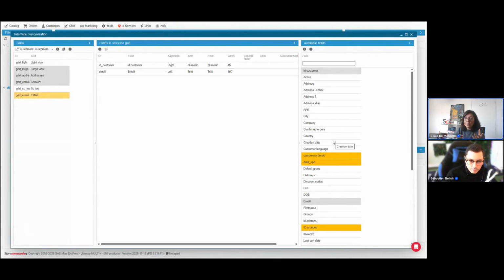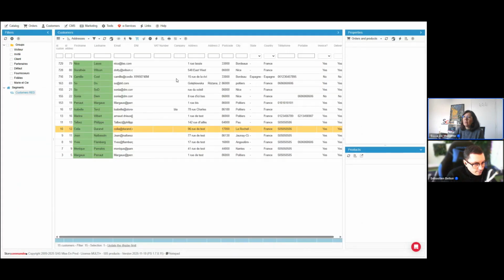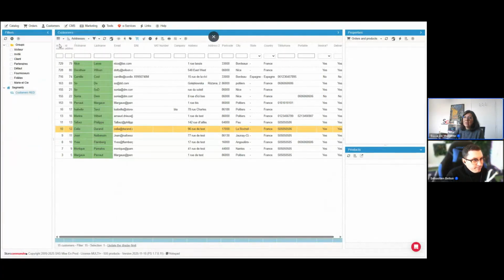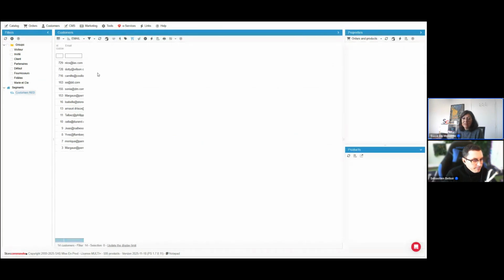So customers, for example. But here I wanted to just get the email, so I just created a view with just the email, because there is no point in me displaying those customers in that view, because I don't want the addresses. I just want the email. So instead of copy and pasting and then having to remove from the Excel, again, we're here to save you time. Yeah. So you create a view with just the information you need to see, just like mine, which is just email, and that's it. You don't need anything else.